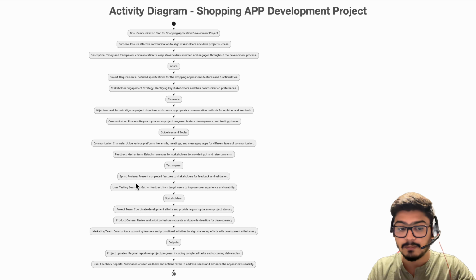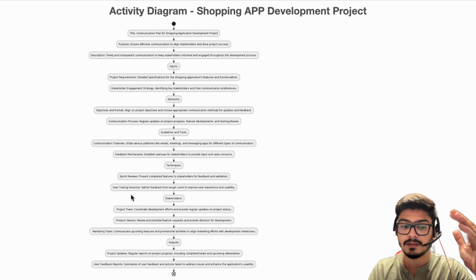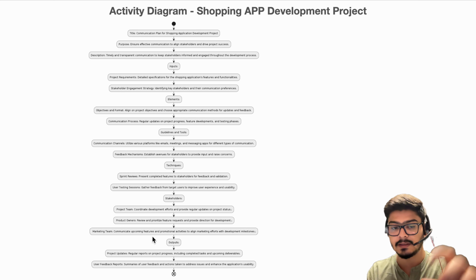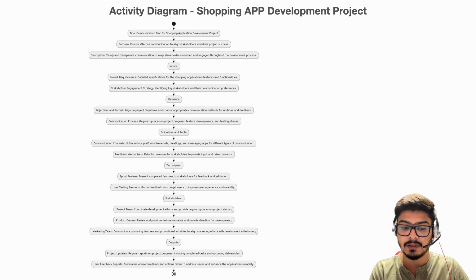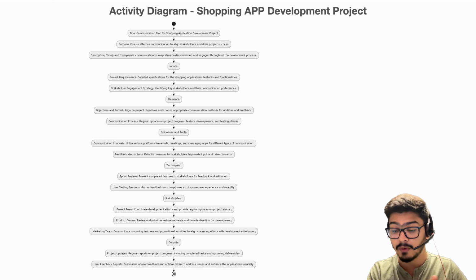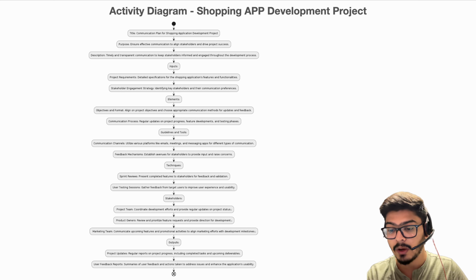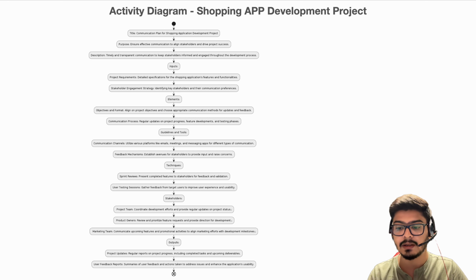You're gonna do it through sprint reviews. You're gonna do it through user testing sessions where you can gather feedback from the target audience and improve based on the user experience. The stakeholders here are the project team, product owners, and marketing team. Basically, this is an example. So the reason we are communicating with them is based on the information they are looking for, and based on what the project goal or project alignment is. So go through this. Definitely, you might have some doubts if you look at this for now, but let me know in the comment section as well as on the website portal, which I'm going to share now.